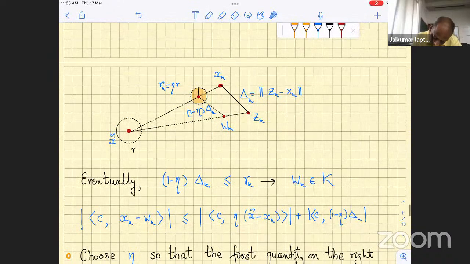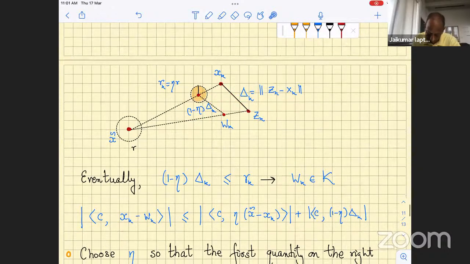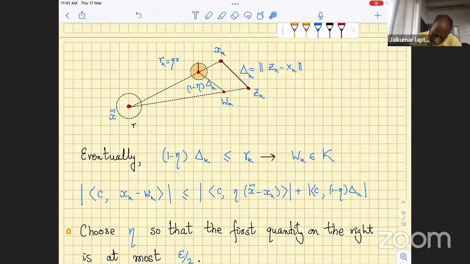So now if I take the convex combination of x tilde and xk, I get a little ball here. Yeah, because there is a ball. And as before, the radius of this ball goes down by a factor eta. This distance is the distance between zk and xk. We will see what happens to it. But this distance will be this distance hit by factor 1 minus eta. And the argument will be the same, that eventually,